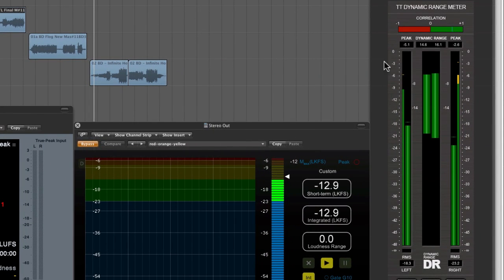And you can see over here, the TT meter is showing us the peak level, these thin meters on the outside. It's showing us the RMS level, which is roughly the average level. It's roughly equivalent to loudness. And it's also showing us, which was new for this meter, the dynamic range here. And if I just skip ahead and forward in the song, you can see the dynamic range start to reduce. And if I skip to one of the loudest moments,